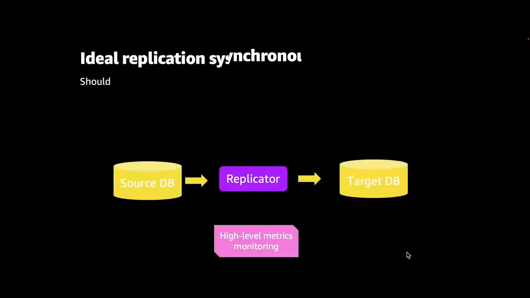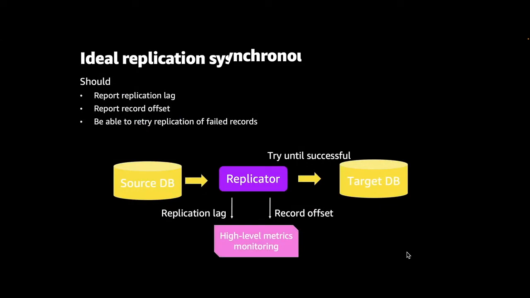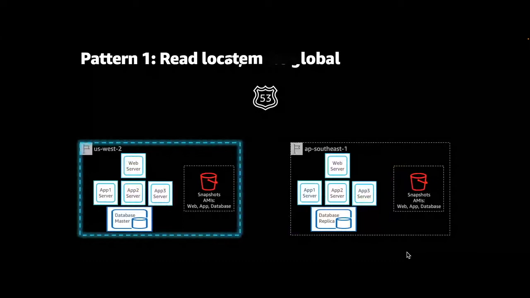But the point is, an ideal replication system should report replication lag, as well as the record offset, and finally be able to retry those records that failed, right? So this is the common request. And in order to address that, we can go with a few different approaches. I'm going to guide you through this process in the next slides. So this is the first one,